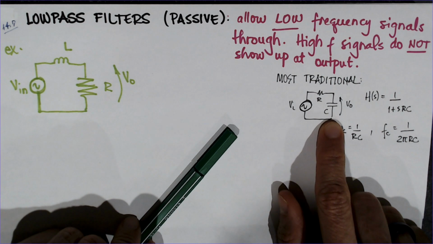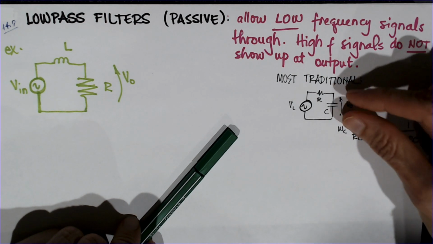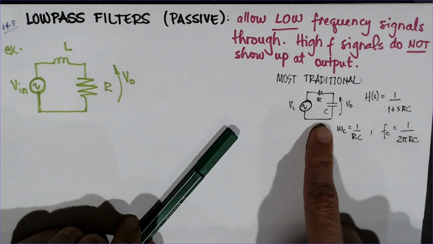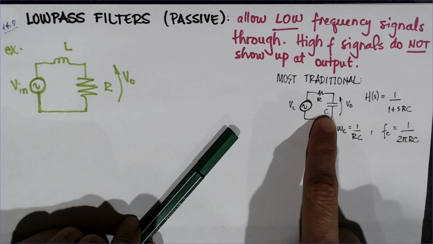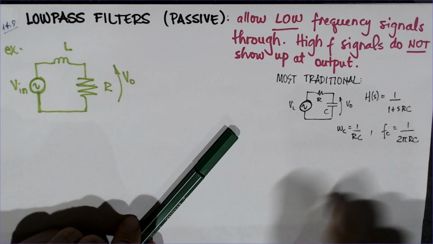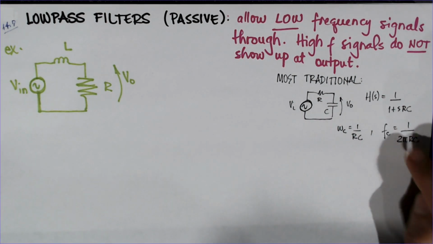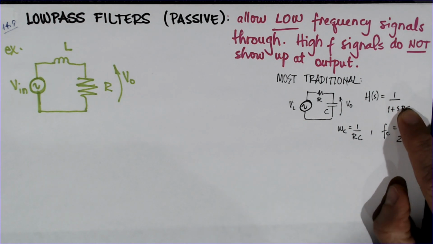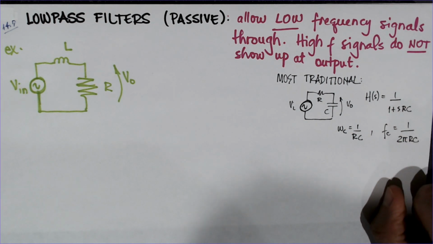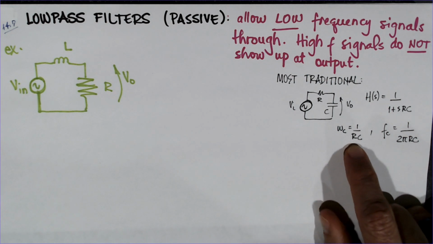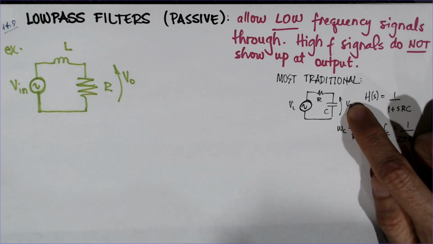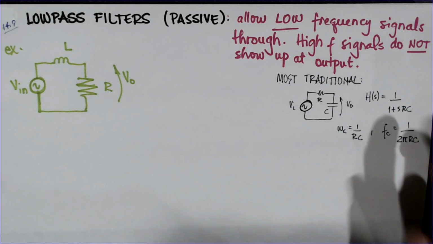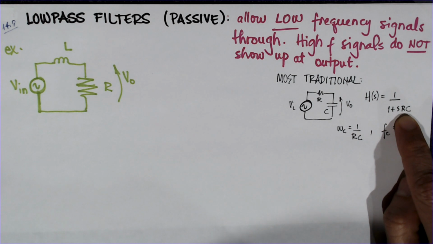and we did a voltage division, so it's the impedance of the capacitor divided by R plus the impedance of the capacitor, and you end up having an H of S like this. What happens is that this is going to be the corner frequency, so 1 over RC, in radians per second, is the frequency at which you're going to start to see the decrease. That's the pole, basically. So if you see my previous video on how to draw a Bode plot based on